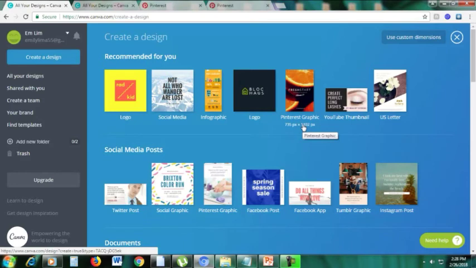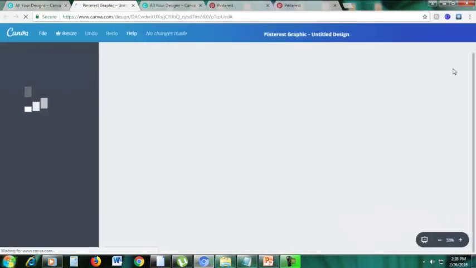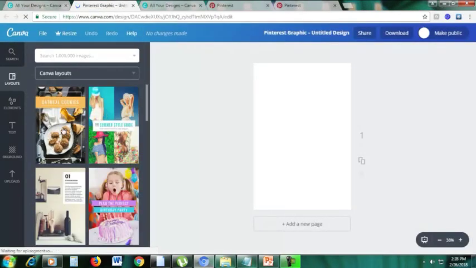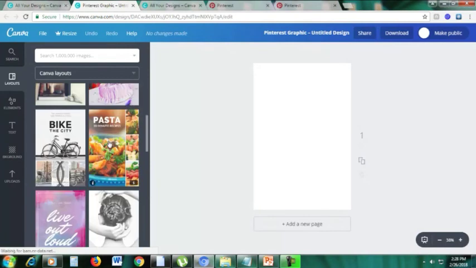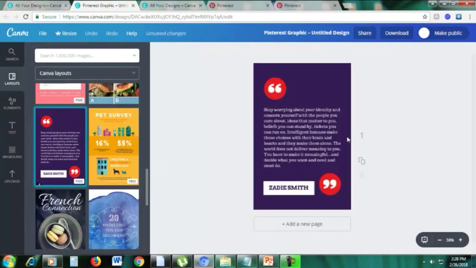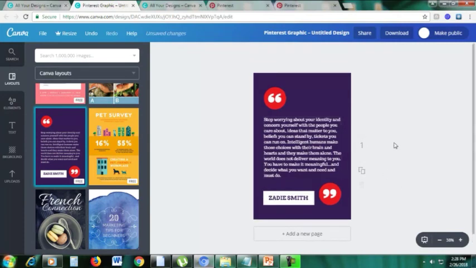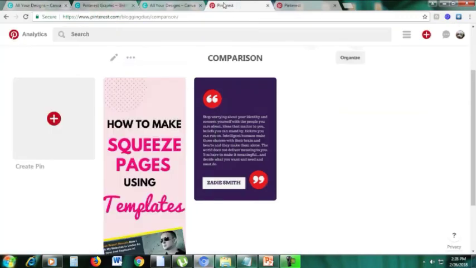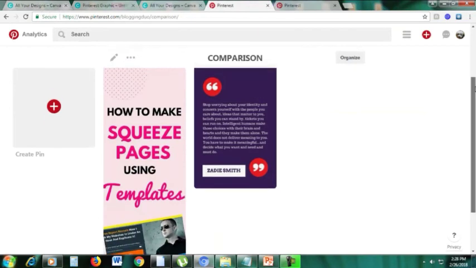So let's just click this Pinterest graphic template. As you can see here, there are many different templates. So let's just choose one. Here's an example of a Pinterest graphic template, and I will show you why it's not advisable to use this size. So let's go here to my Pinterest account, and you can see here that this one,